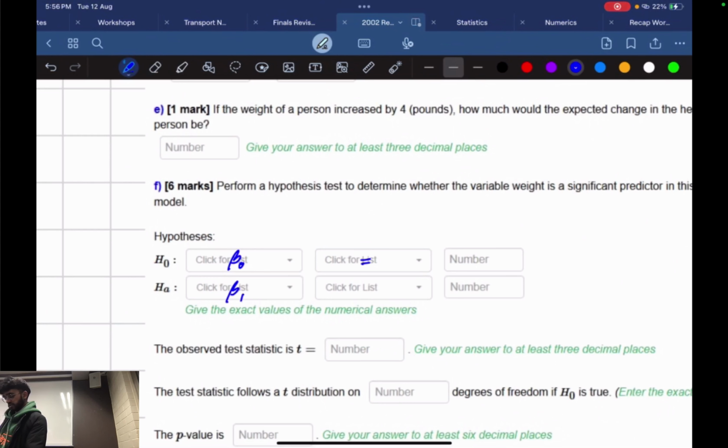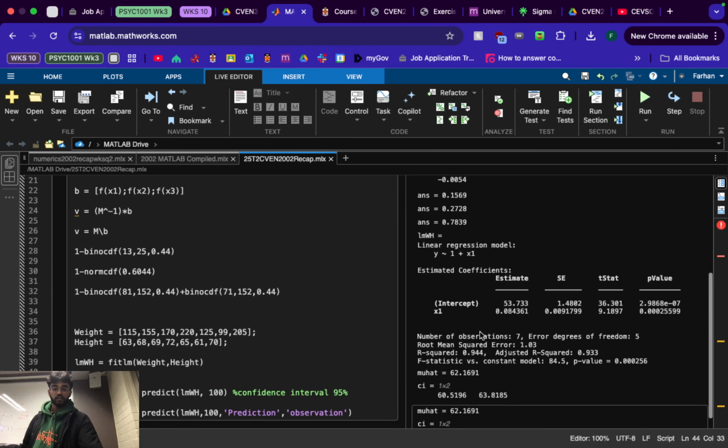I think it should be equal to 0. No, they can't be the same. So not equal, with the slash. Yeah, that makes sense. And the observed test statistic, we're going to go back to our fit-LM graph here, and